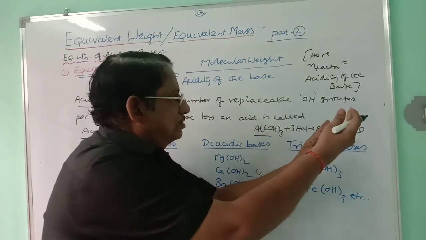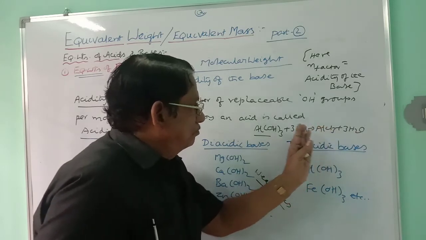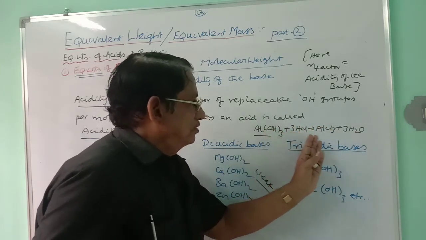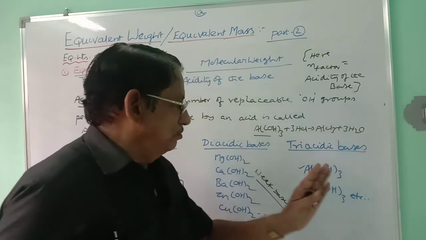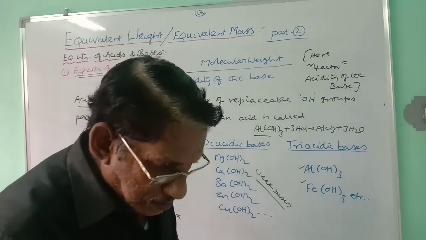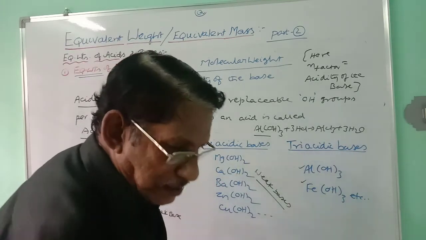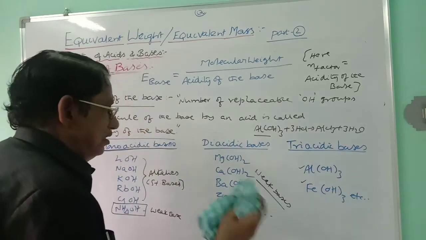All the 3 OH groups are replaced there. 3 OH groups are taken by 3 H+ ions, and so it is a triacidic base. Similarly, Fe(OH)3. All these are examples for triacidic bases, or diacidic bases, and